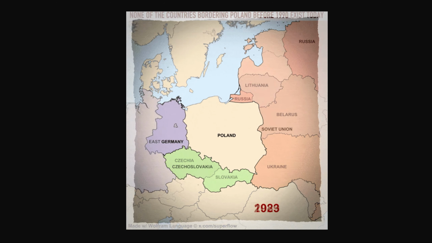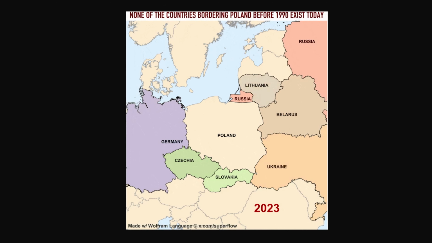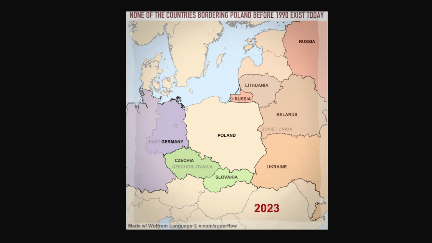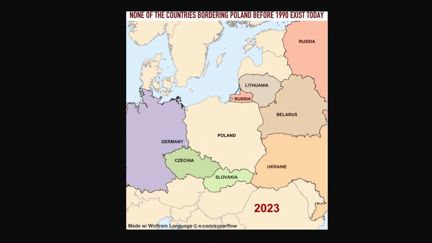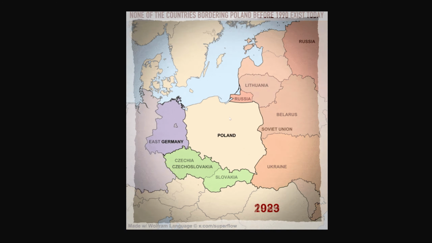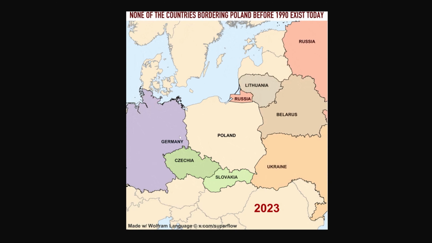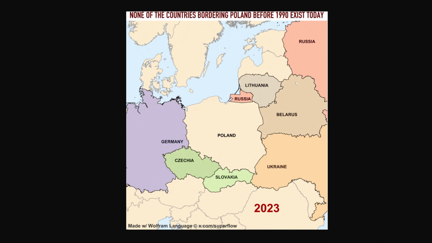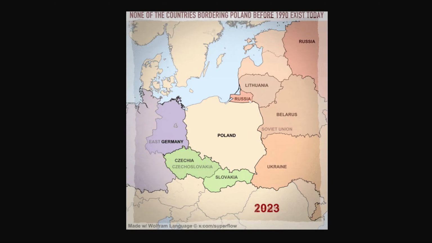So Poland was the first nation in 1989 to have these open elections to disregard communism totally, and after that the different communist states in Europe started collapsing, starting with Germany, then the Soviet Union, then Czechoslovakia. So the reason why Poland doesn't border East Germany anymore is because East and West Germany united, forming a new state. After that, the Soviet Union collapsed, causing many new neighbors to Poland, including Russia in the state of Kaliningrad,